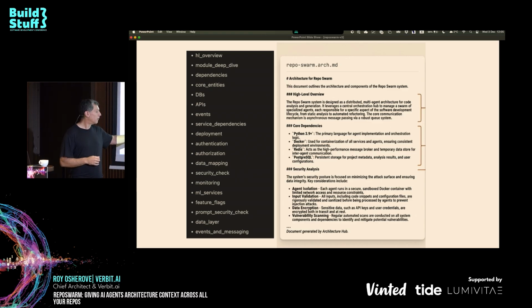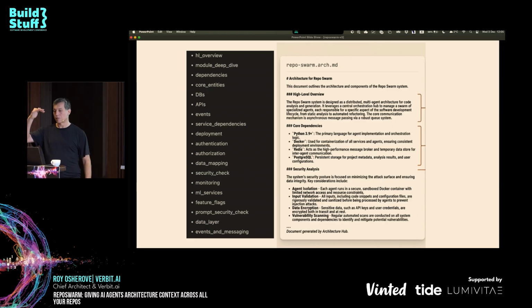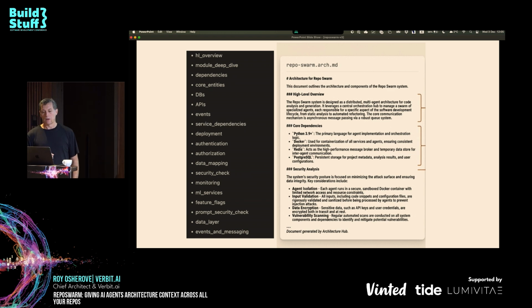Data layers, basically a deeper level, depending if it's a type of backend or not. And events and messaging, some of these things are deeper level and some of them are higher level. So imagine that all that stuff gets saved in one big markdown file. One big markdown file is processable by any AI agents today mostly, but I'll show you how we use it in a second. And now that stuff has a full history.